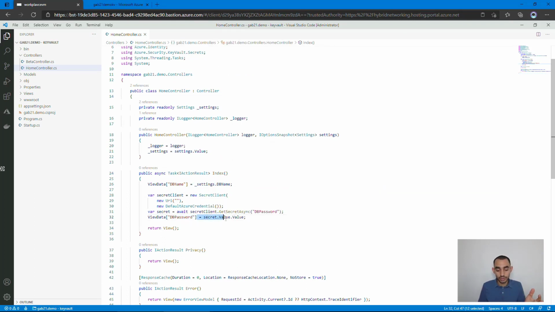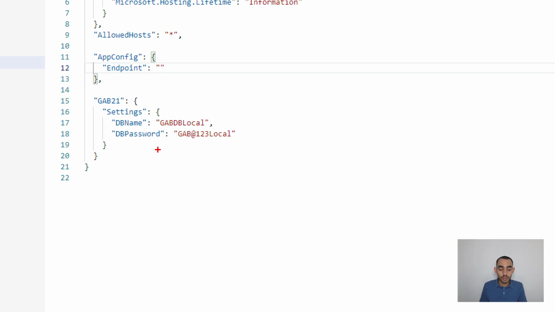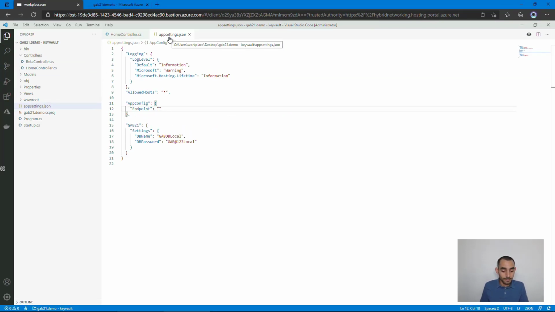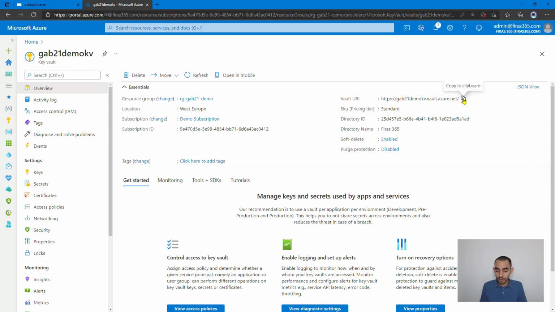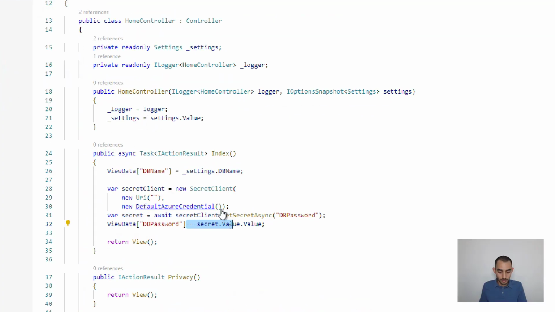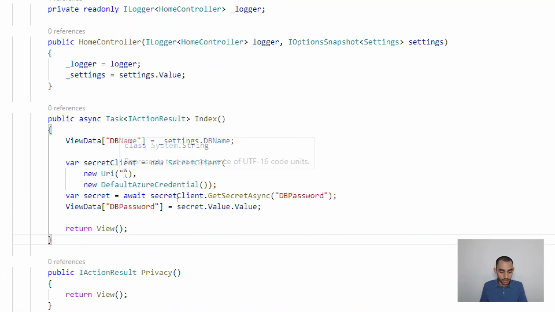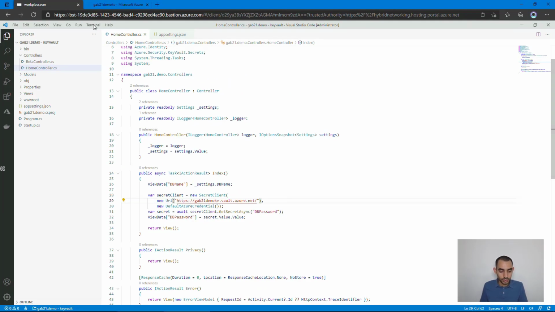But now we need to have the setting from the Key Vault instance, which is 21 at 123, not local. All right. So let's try to do this. And first of all, we need to go to the overview of the Key Vault, copy the Vault URI, go back to the home controller here, and paste the URI here. All right. And let's try to run this